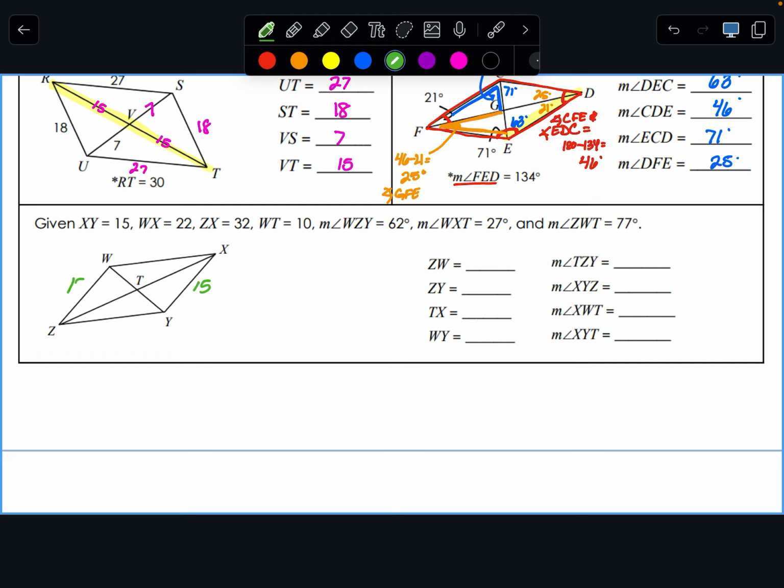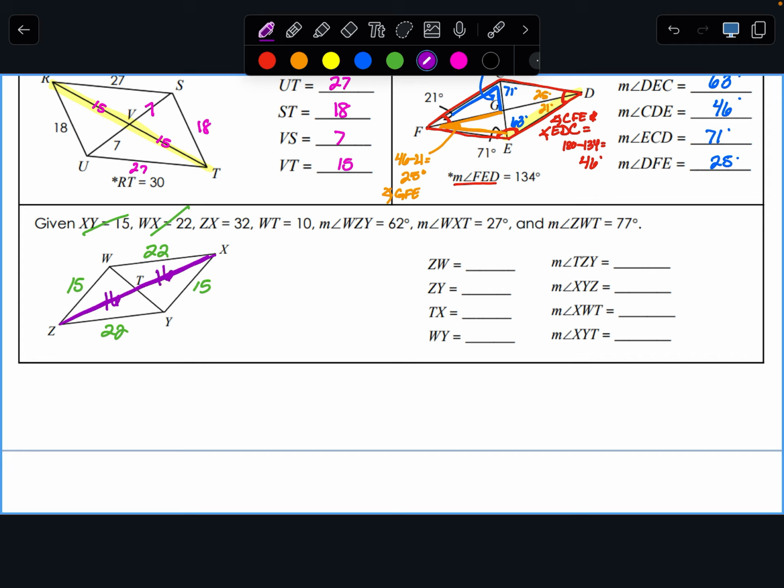WZ. So I'm just going to go ahead and do it now because it makes sense to do it as I go through. So I've done this one. WX is 22. So that means that ZY is 22. ZX, that's this whole line, is 32. So what do I want to do with that information? Break it in half, you're right. Immediately. I don't want to do anything else. I know that each of these is 16 because